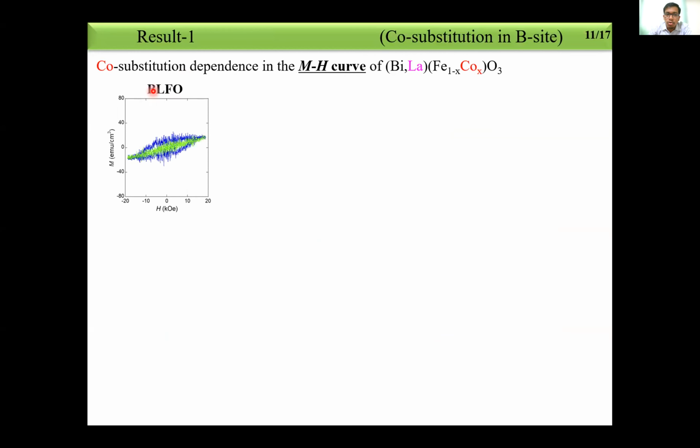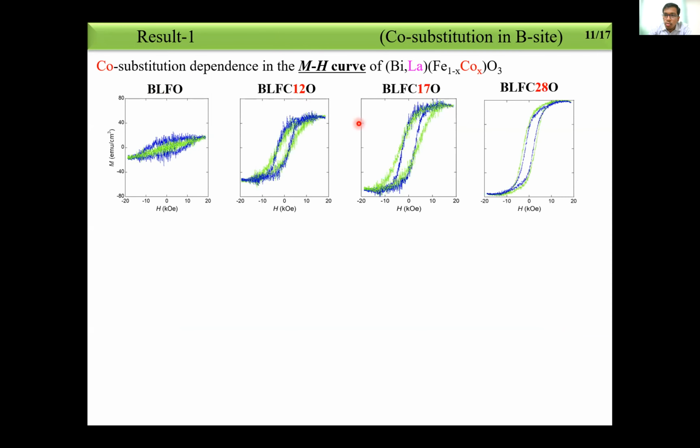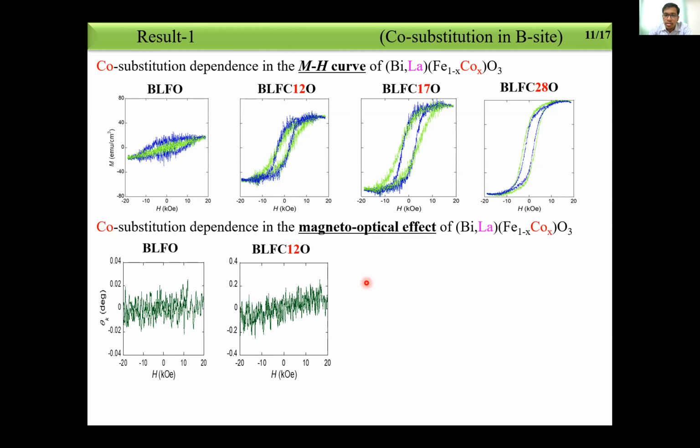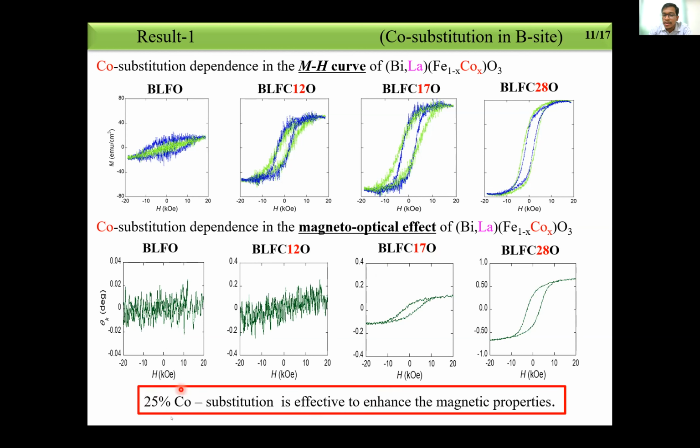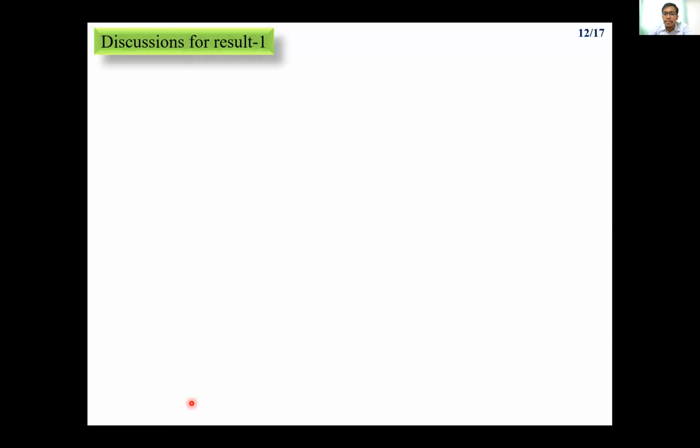Okay, let's see. So as I told, I will change the cobalt composition. You can see here, no cobalt. Then I increased cobalt. When I increase the cobalt concentration, the magnetic properties get enhanced. That means cobalt is really important on the B side to enhance the magnetic property. In the second case, if we think about the Kerr effect for magneto-optical devices, here also when I increase the cobalt composition, this increases. That means cobalt is really important, and we have estimated the value to be around 25% of cobalt. So now I will change the A side, keeping the cobalt fixed around 25%.